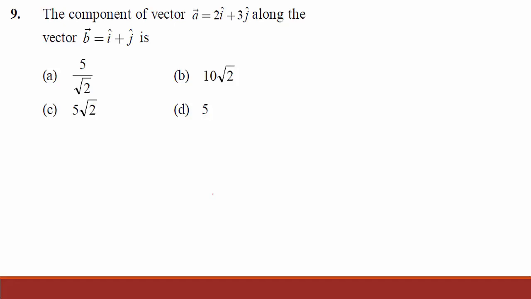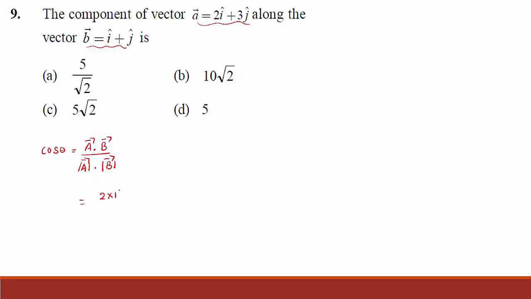The component of a vector, vector A equal to 2i cap plus 3j cap, along the vector B equal to i cap plus j cap is. We have the equation. We know that cos theta equal to vector A dot vector B divided by mod of vector A dot mod of vector B. Magnitude and direction of resultant vector, there we studied this equation. Substitute the value. Vector A value is given 2i cap plus 3j cap. So 2i cap plus 3j cap means 2 into unit vector 1,